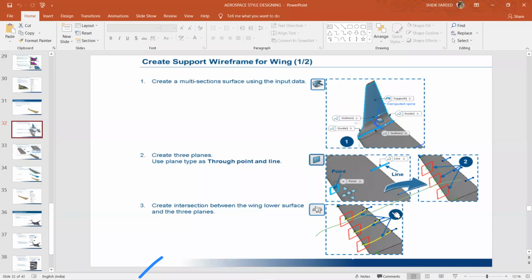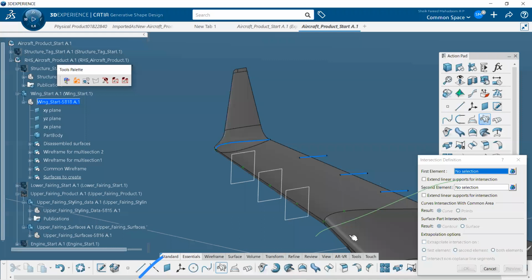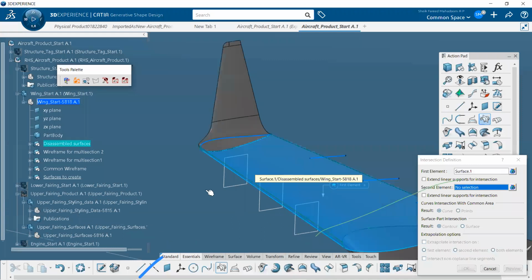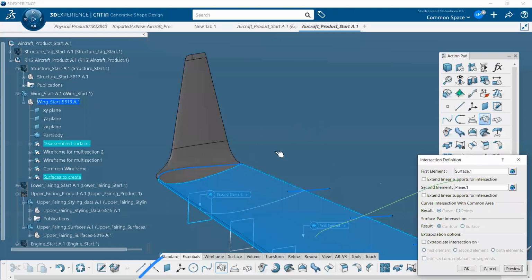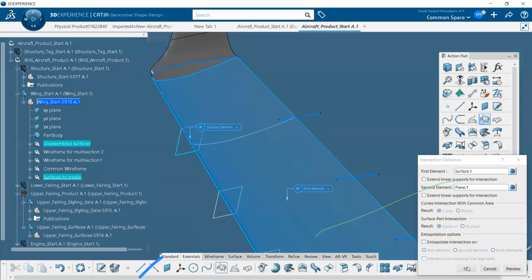So let's select the first element, the surface over here, and the second element will be the plane over here. Say preview, you can see there is an intersecting line profile being created.